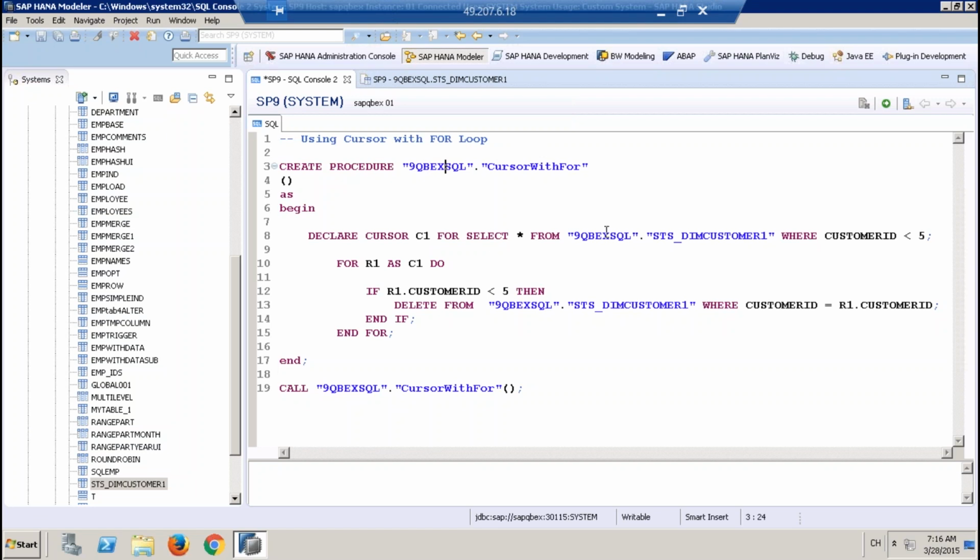Then I'm saying for R1 as C1 do and end for. Within this for loop, it runs through the loop for every record of this cursor. I don't have to write fetch. I say if R1 dot customer ID